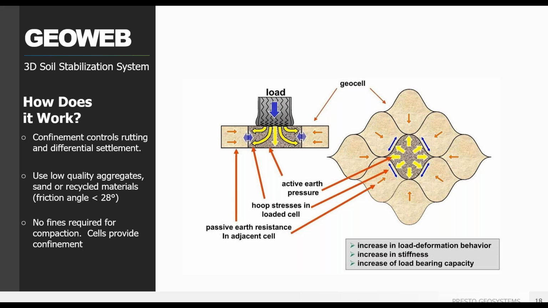How does it work? GeoWeb 3D confinement is pretty simple. When you have a vertical load accessing a geocell panel, the main intent is you want to get that vertical load as horizontal as quickly as possible. You want to get that vertical load acting with the friction angle of the infill, getting that load horizontal, so it gets into stress and strain with that cell wall. So it activates the hoop stress in the cell that it's loading, but also activates its internal earth pressure. It activates the passive earth pressure in the adjacent cell pushing back, and all those work together to support the